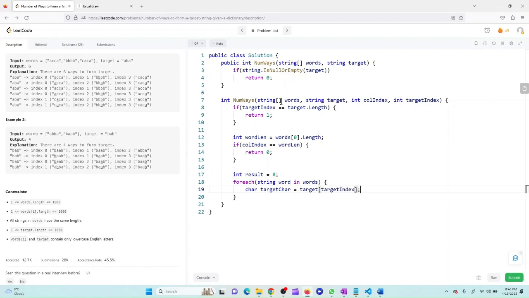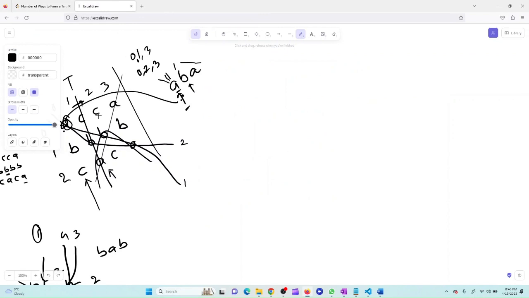This is the character that we have to match. Now suppose I am looking at this particular column, my for loop is going to look at all the columns starting from this column